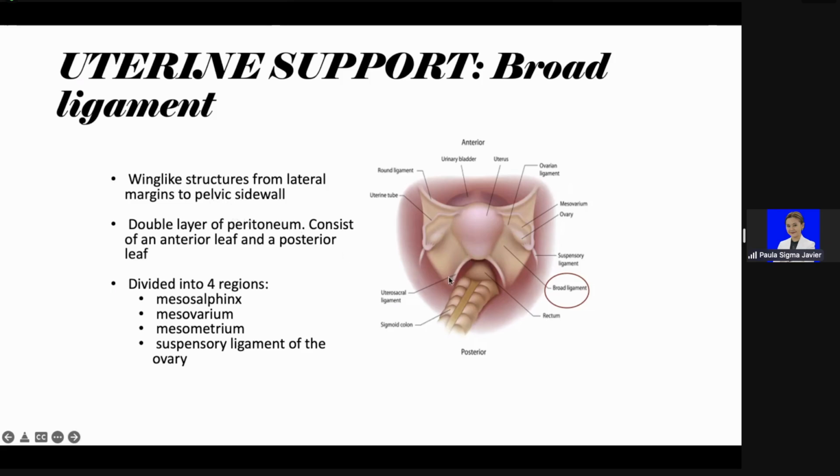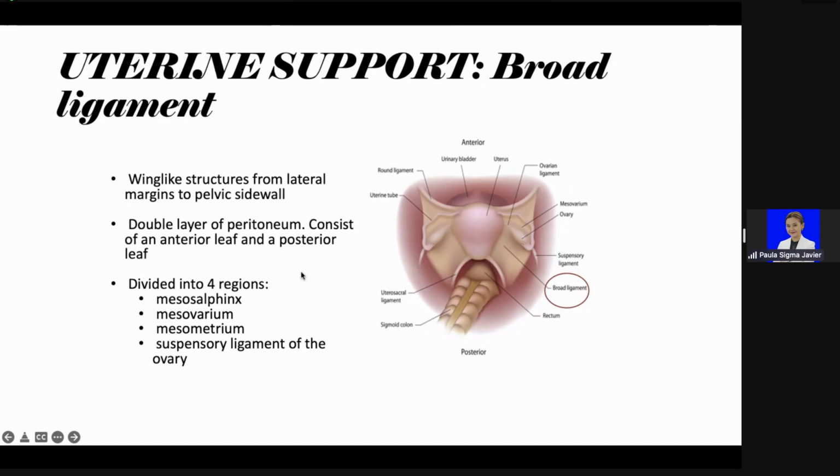It is a double layer of peritoneum with an anterior and a posterior leaf, divided into 4 regions: the mesosalpinx related to your fallopian tube, the mesovarium related to your ovaries, the mesometrium related to your uterus, and the suspensory ligament of the ovary, which suspends the ovaries to the lateral pelvic side walls and